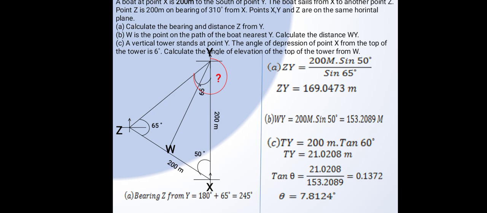The adjacent side is the distance WY, and the height we have been asked to find, let's call it TY, is the opposite side, and we have now the angle of